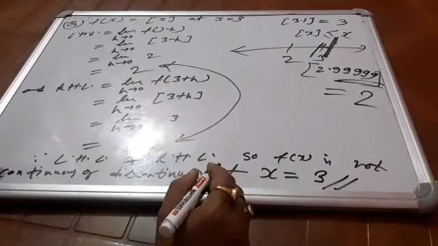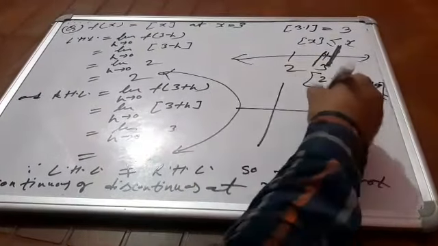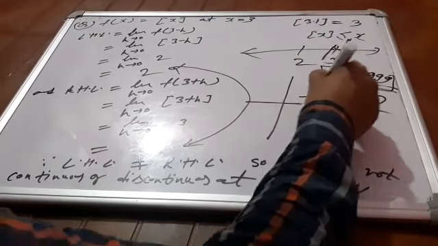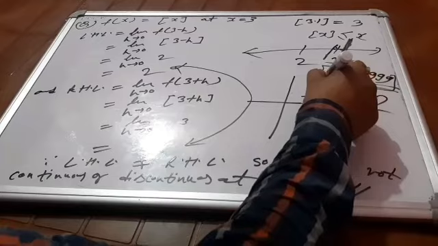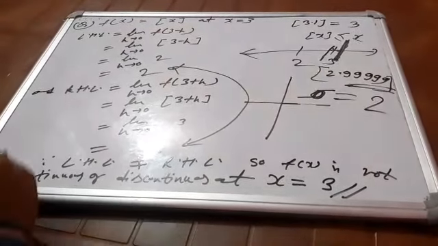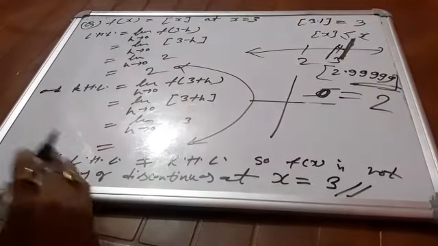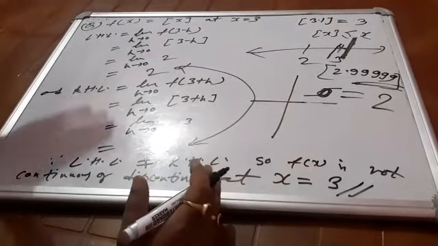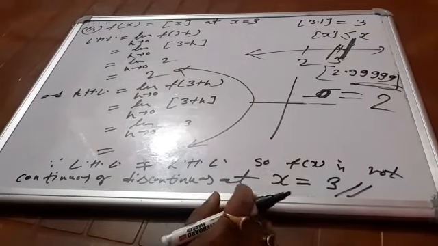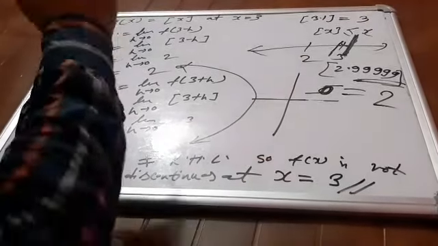So in the greatest integer function you have seen there, this portion, then this portion, it is the portion of 3. At the 3, there is a discontinuity. Here by using algebra you have seen. Understood the concept? By this way you are going to find out the problem set. Okay, now have a look at the next problem.